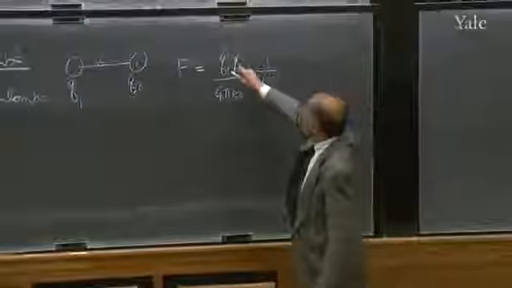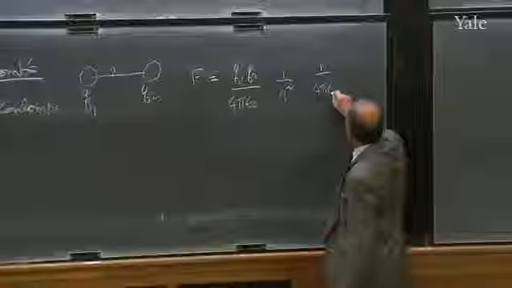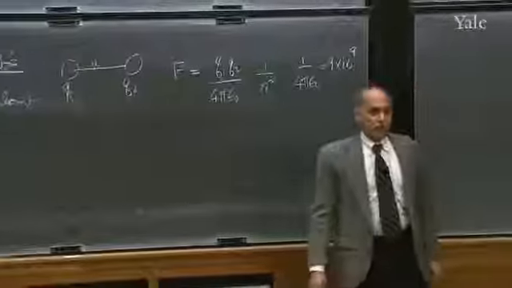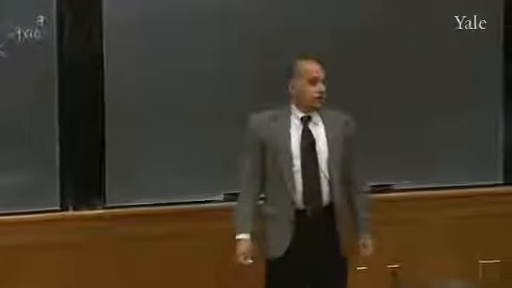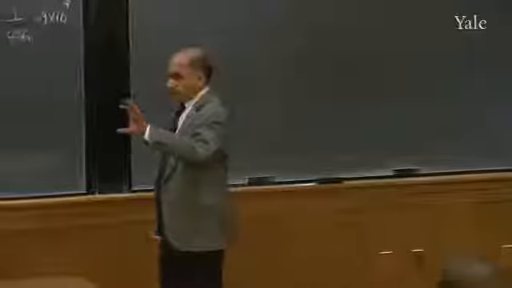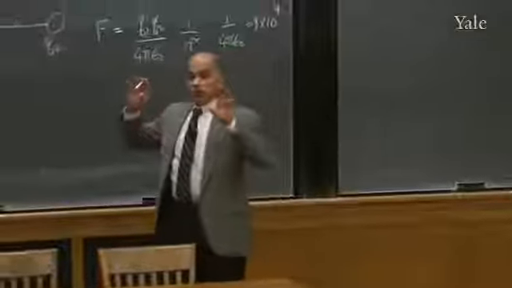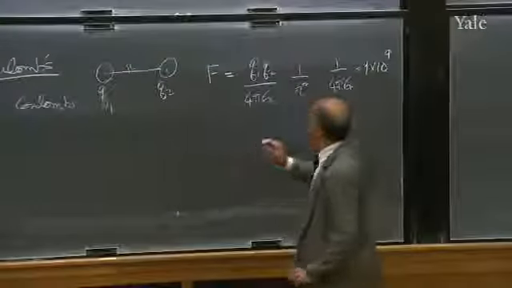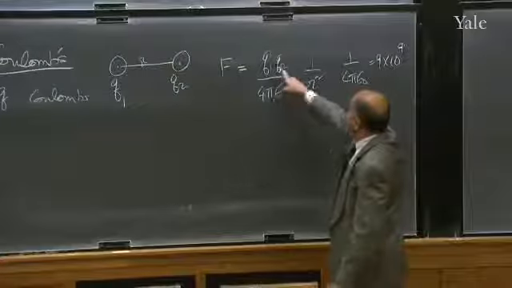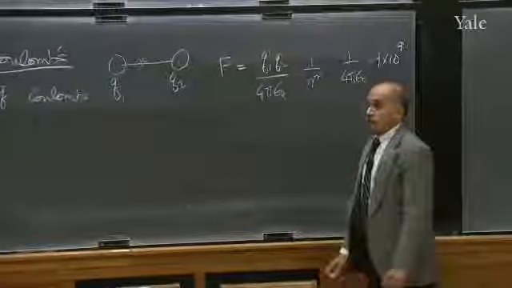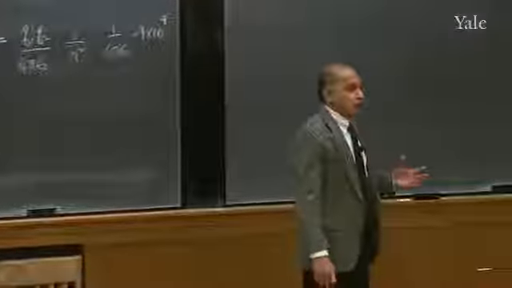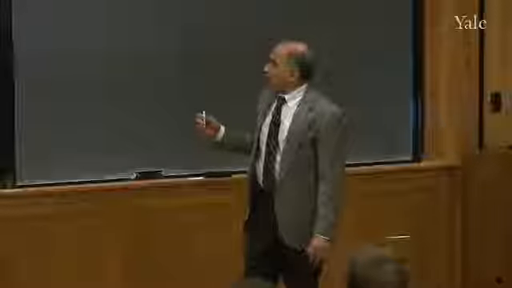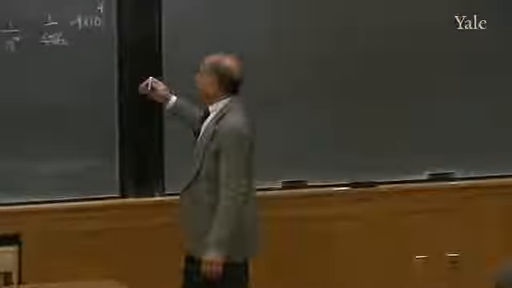Now, if you look at this number here, 1 over 4 pi epsilon 0, its value is 9 times 10 to the 9. What that means is the following. If you take 1 coulomb of body with 1 coulomb of charge, another body with 1 coulomb of charge, and they're separated by 1 meter, then the force between them will be this number. Because everything else is a 1, it'll be 9 times 10 to the 9 newtons. That's an enormous force. And normally you don't run into 1 coulomb of charge. But the reason why a coulomb was picked is sort of historical, and it has to do with currents and so on. But anyway, this is the definition.